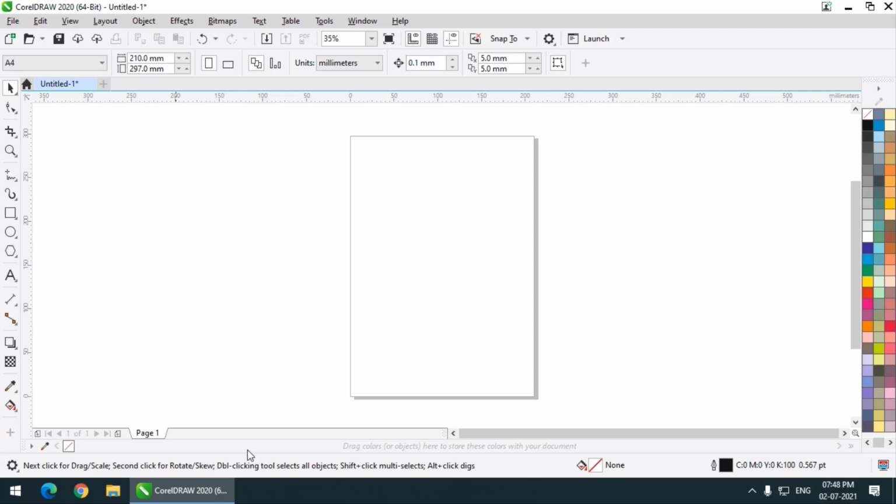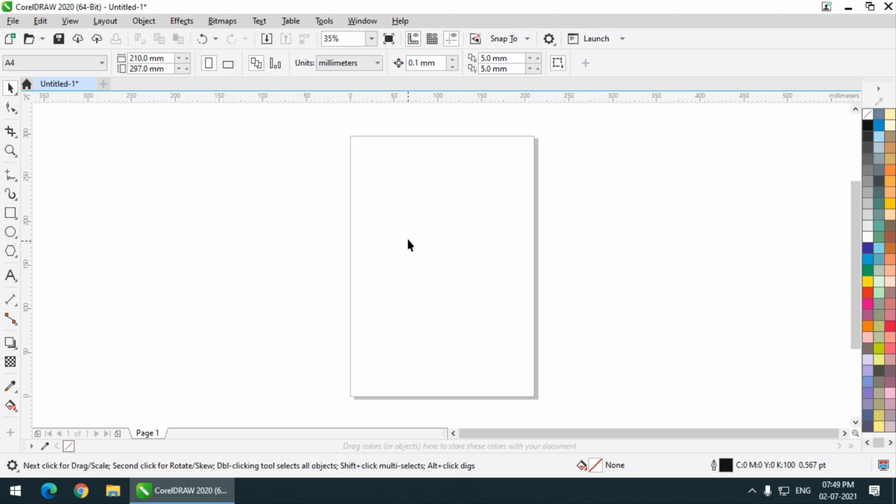But you can use this entire area to create objects, designs, whatever you are creating, and then once you are done, you can put it all inside this area so that you can print it, or you can export it also.